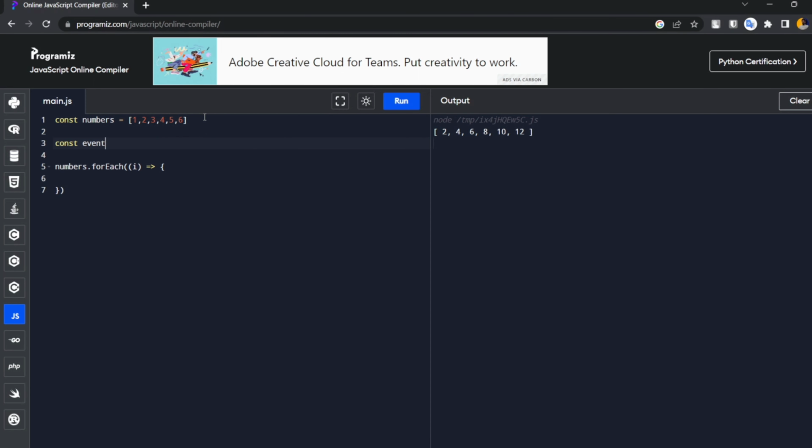So let me just do it like this: even numbers, and set it to an empty array. And now at each iteration, I will simply check whether this i is divisible by 2 or not. If it's divisible by 2, which means it's an even number, we will simply push that inside this even numbers. Okay, evenNumbers.push